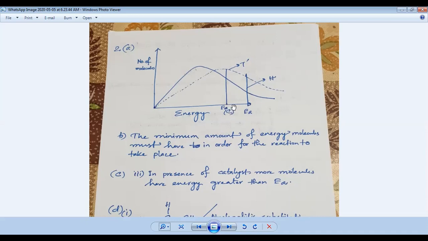So this is how a catalyst works. In the presence of a catalyst, more molecules have energy greater than the activation energy. Now you can see this area. I have labeled C. Look at this, EAC. So on this side, if you draw some dashed line here,